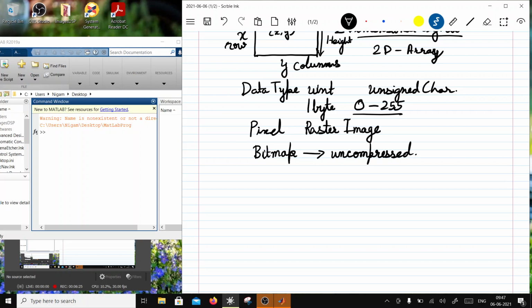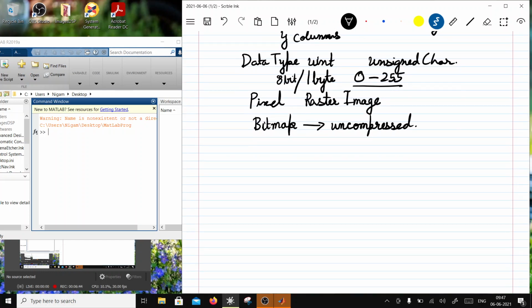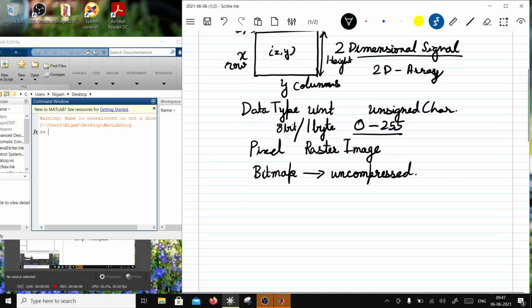This image, which is going to use 1 byte per pixel, can store a black and white image or a color image, and I'll tell you later how an 8-bit image can do that. 1 byte basically means 8-bit, so an 8-bit or 1 byte image. I'll tell you later how a colored image can be stored as an 8-bit image, right?